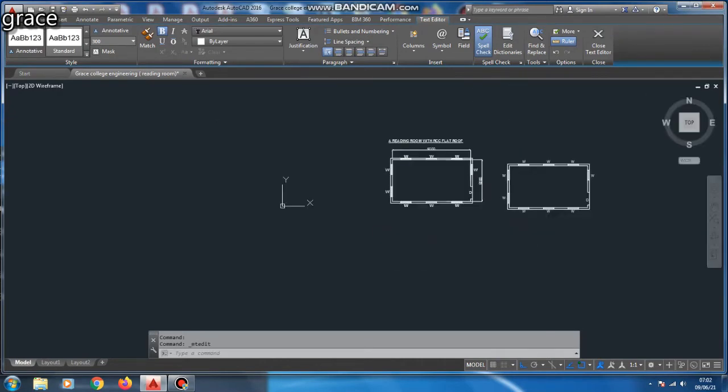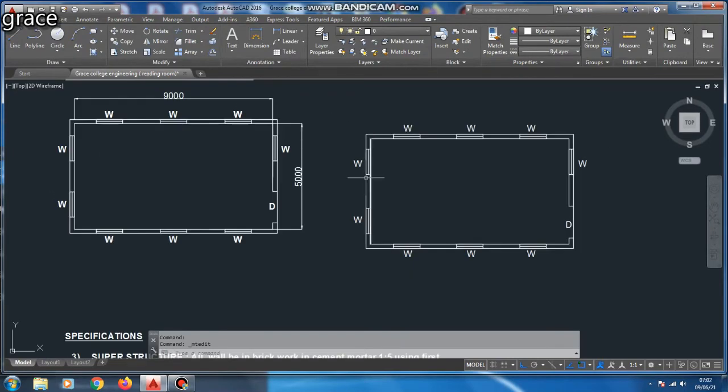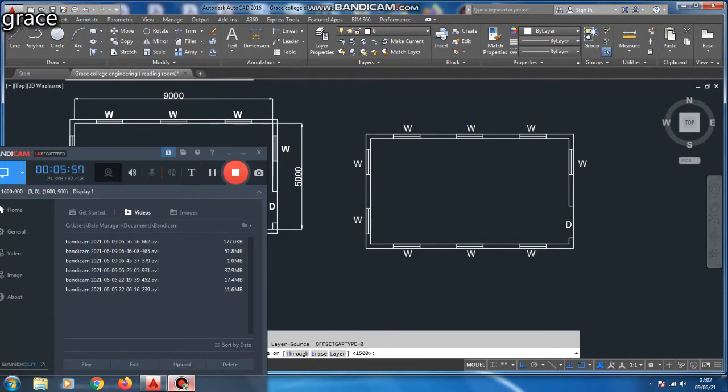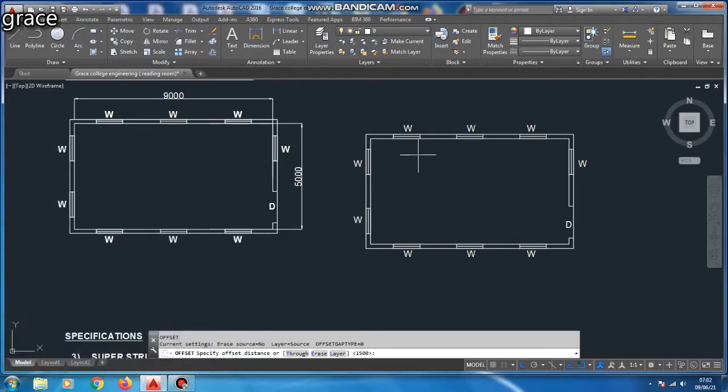So the sixth specification is sunshade with 600 mm. To draw a sunshade in our diagram, again I am going to use the same command, that is offset. We are going to offset the wall line with the thickness of 600 mm.